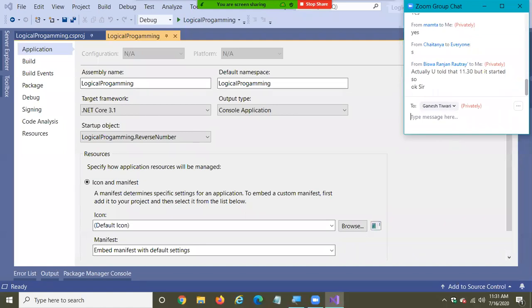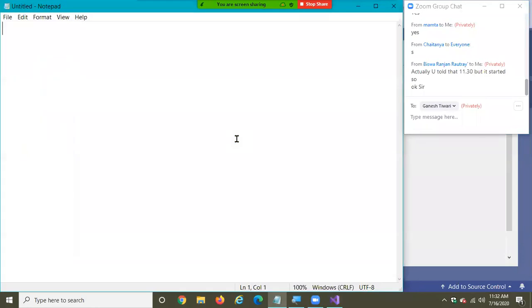So what is the requirement? The requirement is if you enter a number, it has to tell me the binary value of that number. Suppose I enter 65, what is the binary value of 65? How do you do the calculation? Base 2.